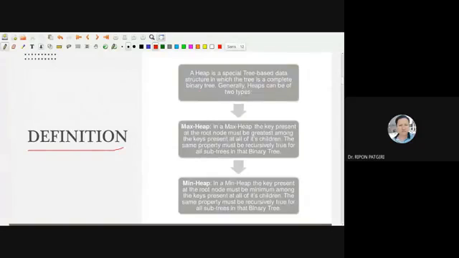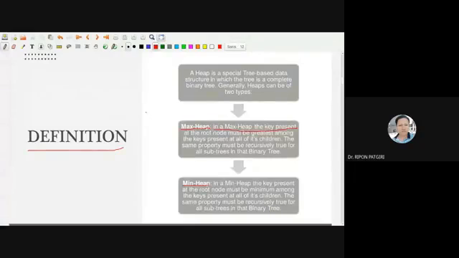Generally heaps can be of two types, max heap and min heap.